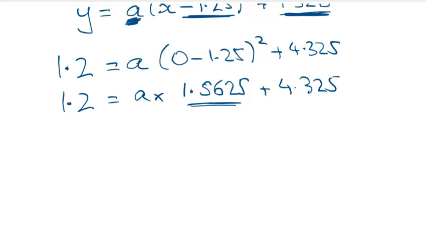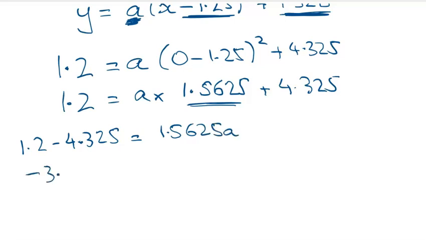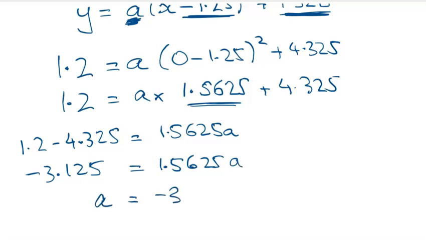I guess we're really doing Year 9 algebra now, so it's 1.2 minus 4.325 is equal to 1.5625 times a. This gives me on the left-hand side negative 3.125 is equal to 1.5625a. Dividing that by that